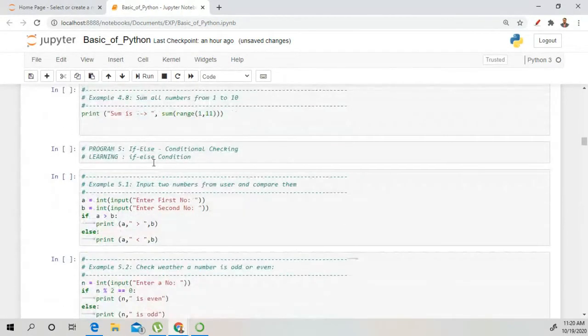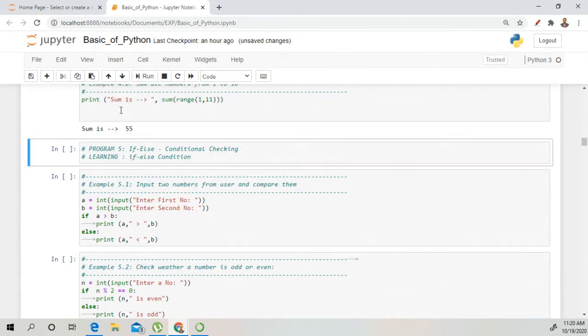Okay. Now sum all the numbers from 1 to 10. So this is the direct expression. We sum range from 1 to 11. So how is it performing this operation? Here we are using the sum function.